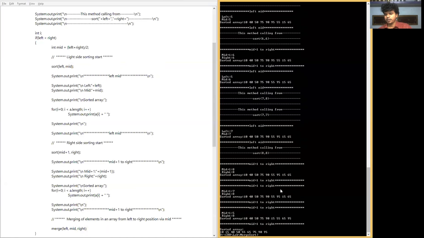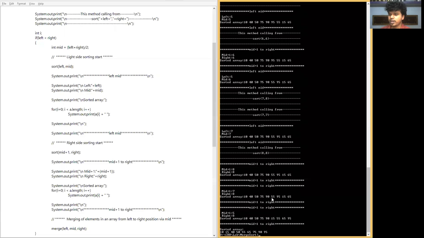Right now, 55 is compared with 15. 15 is the smaller element than 55. So 15 is going to exchange the position of 55. And then 55 is going to be checked against 65. So 65 is the larger element than 55. So 55 stays and we go to the next element. And comparing 95 with 65, 65 is the smaller element than 95. So 65 takes the next sorted position. So in this way, these two arrays came.